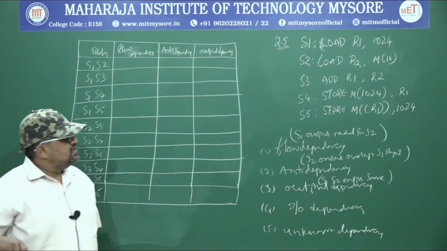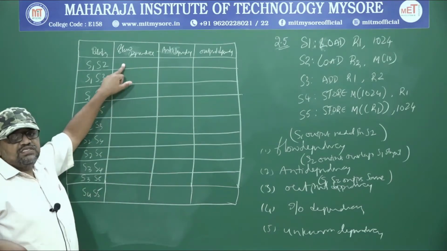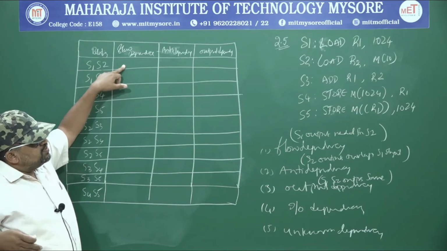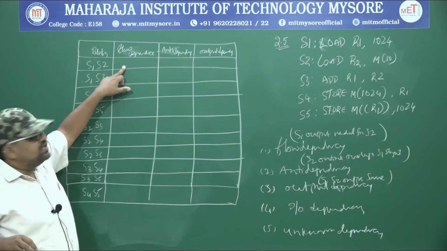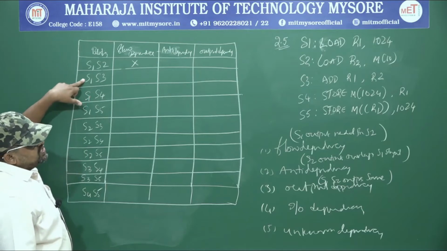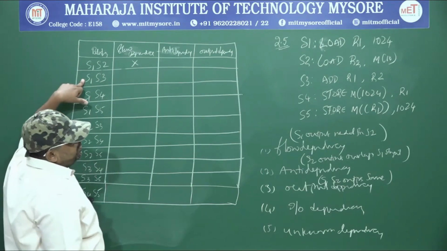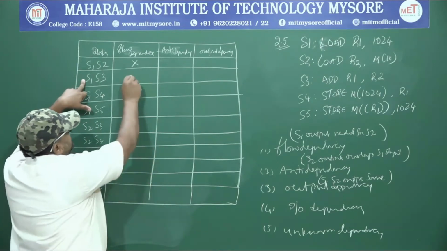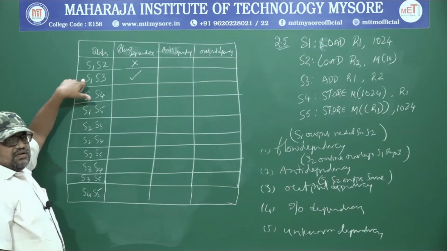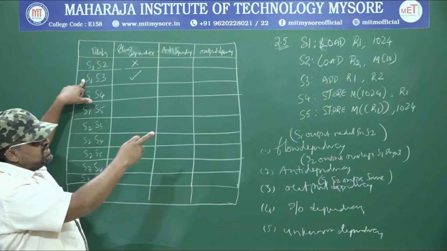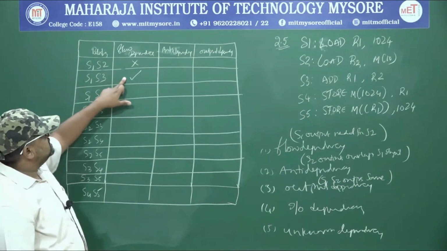Now coming to the first one, let me check out the flow dependency. What does the flow dependency say? Output of the present one should be an input to the next one. What is the output of the present instruction S1? Output is R1, but is it an input? No, it is not, right? Similarly, S1 and S3. S1 output is R1, but what about the input for S3? You need R1 there, right? So there is a flow dependency here. You're getting the point, because the output of S1 is R1, whereas S3 needs R1 as an input, so there is a dependency here.